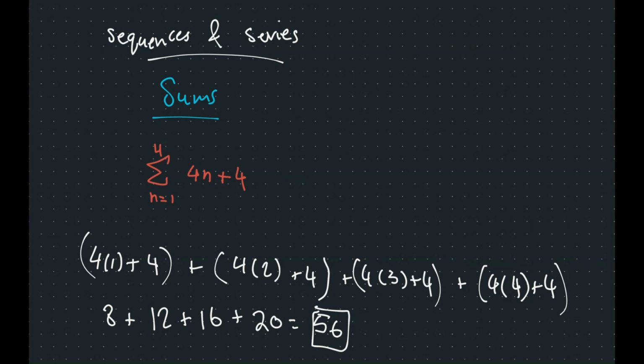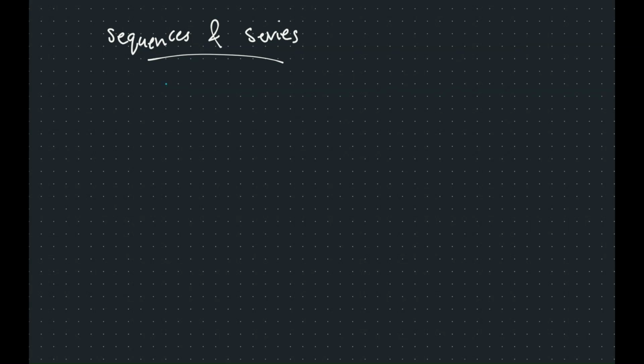So 4n plus 4, but I will write 4x plus 4, okay? Then from x equal to 1 to 4, and we'll get the same answer that we have here. To continue in the idea of sums, to actually find sums of sequences, we have some formulas for both arithmetic